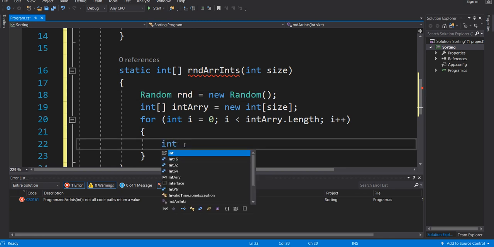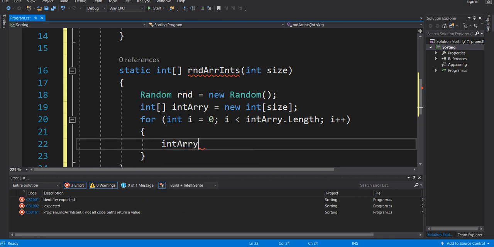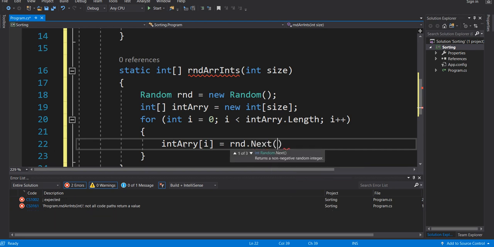And then inside our int array at position I, so start off at 0, then as this for loop goes around, increments 1, 2, 3, however long the array is, we want to put in a random integer, random next. Now we can just leave it as next like that, or we could give a max value or a min and max value. I'm going to give a max value of